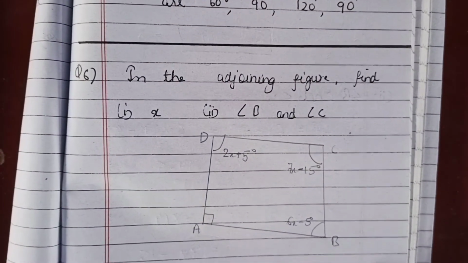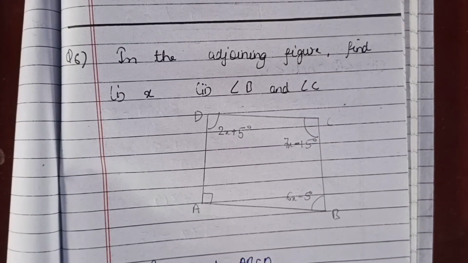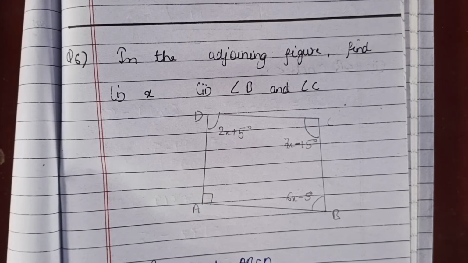Now question number 5 that you have to do on your own. Two angles of a quadrilateral are 70 and 40 degree, and the remaining two angles are in the ratio 2:3. Very easy question. Two angles they have already given, and the remaining two angles they have given in ratio form. The equation will be 70 plus 40 plus 2x plus 3x equal to 360 degree. 70 plus 40 is 110, and 2x plus 3x is 5x, so 110 plus 5x equal to 360 degree. We will find out the remaining two angles. You have to apply only one theorem, that the sum of all the angles in a quadrilateral is equal to 360 degree.